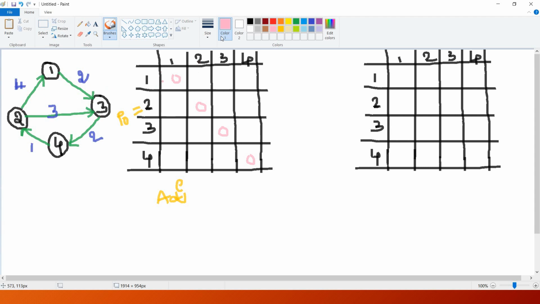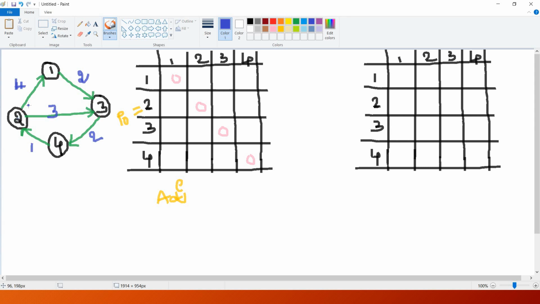Now, if there is a path from one vertex to the other vertex, we have to write that cost. So I am starting with the first row: first column, second column, third column, and fourth column, and so on. Then I will move on to the next row, next columns. So first one, 1 to 1, no self loop. We are considering all the self loops as zeros, so no problem. Next 1 to 2. Is there any path from 1 to 2? No. So 1 to 2, there is no direct path.